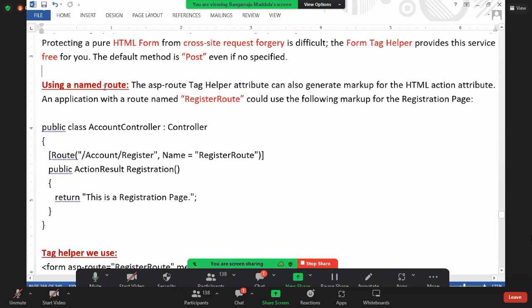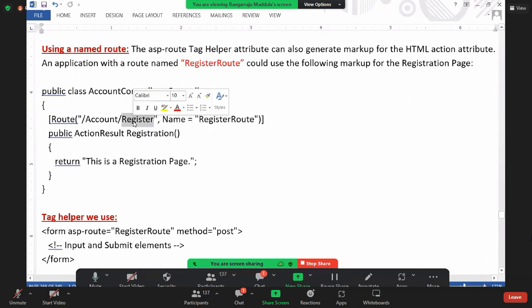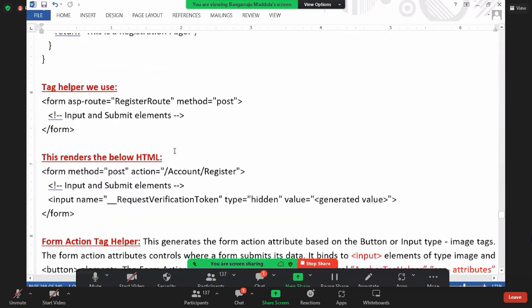using a named route. Yesterday only we talked about attribute routing. Now, by using attribute routing, you can give your own names to the routes. Okay, look guys, what is the controller? What is the method name? What is the route? I'm aliasing it as register now, not registration. What is it? Register. Are you clear? And for this, I'm giving a name now. What is it? You can give a name like this. Option is here. Yesterday we did not say, but I can give a name. What is the name? Now I can directly say,